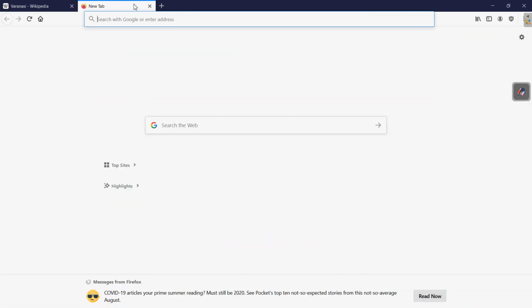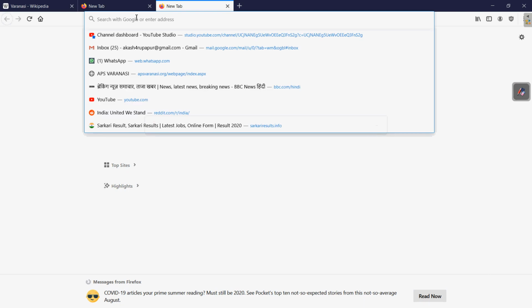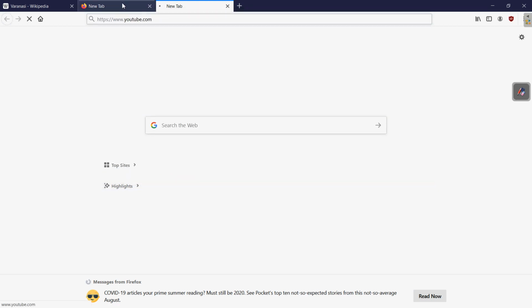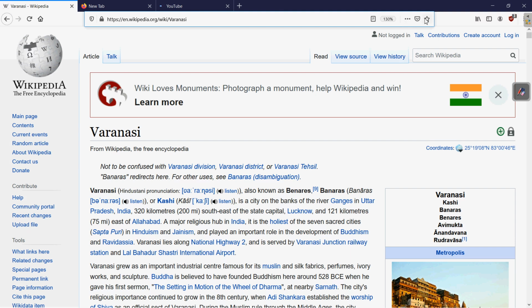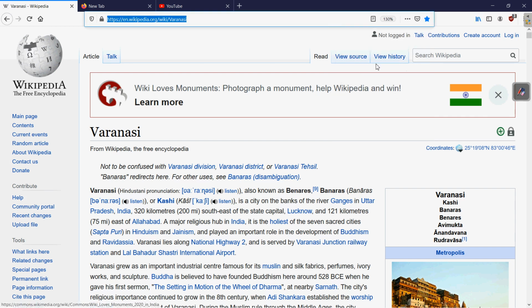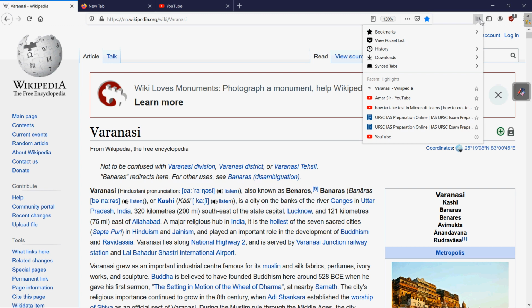Then we have additional buttons using which we can add more tabs in these browsers. Whatever web page you want to bookmark, suppose I am opening the website YouTube. When you open any website, we have a star button here using which you can bookmark this page. If I click on this star button, this page will be bookmarked. Using this we can bookmark this page, and the different favorite places we can see from here will be added to the bookmark list.